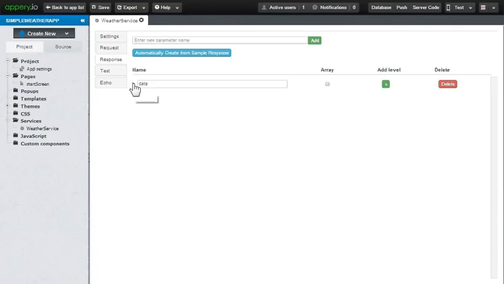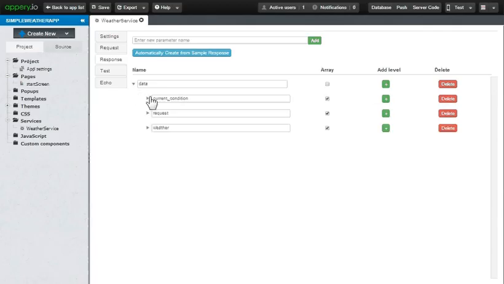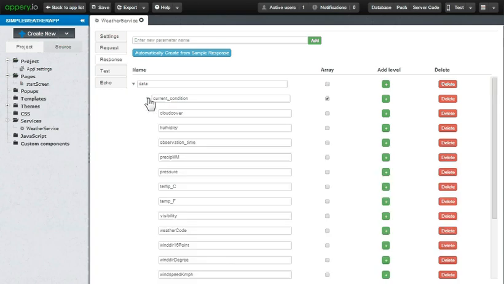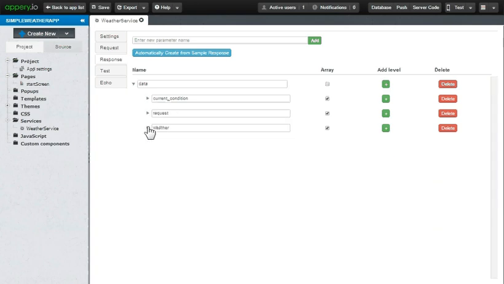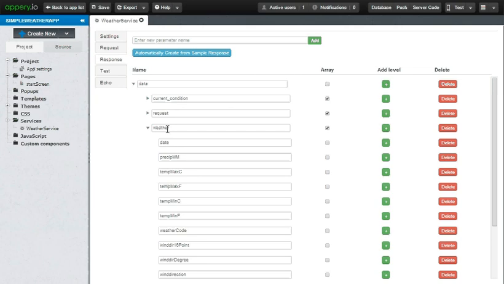Now the service response that was created is in the form of this hierarchical tree. These are the nodes in the JSON object that will be returned back to us as a response. We are most interested in this weather sub object. This weather sub object actually contains the weather for 5 days.